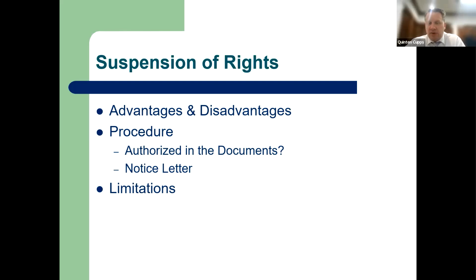The other option that might be in your documents, again, this is driven by your documents, is the ability to suspend someone's rights. Now, that could be the right to vote. That could be the right to use a pool or a clubhouse. Again, it's all driven by your CC&Rs. And so you're going to have to know where that language is, and you have to see what that language says. And what's the authority, what are the notice requirements, how long does the suspension last? Sometimes it's limited. Sometimes it's only for 60 days. So you just got to know that option might be there.